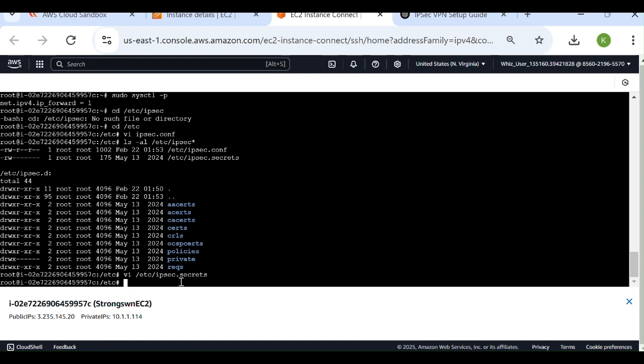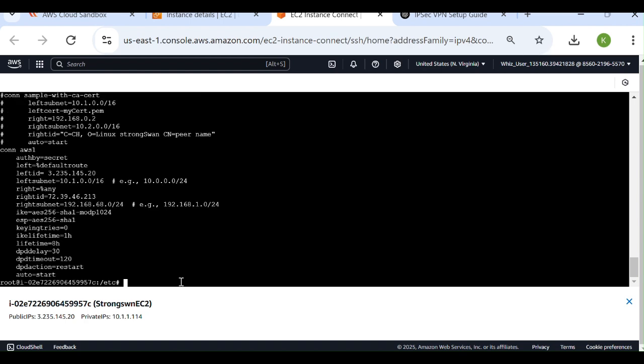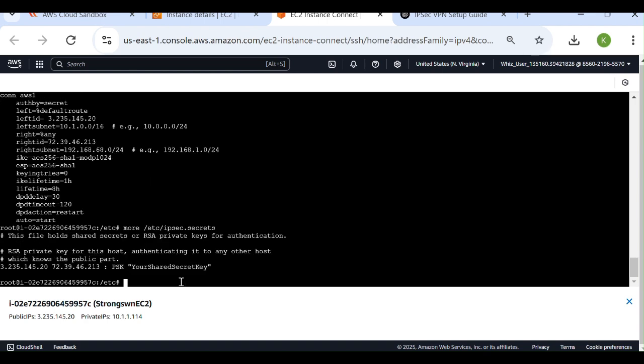And as you can see here, more /etc/ipsec.conf and more /etc/ipsec.secrets. So here, as you can see, we have IP address